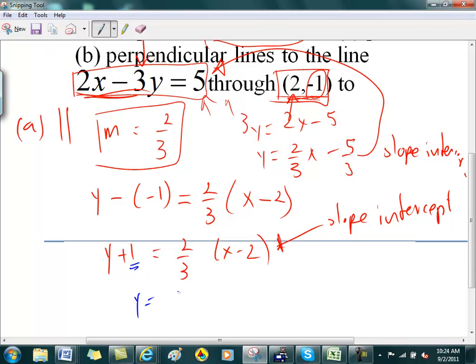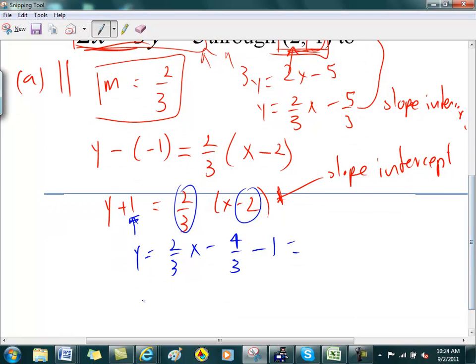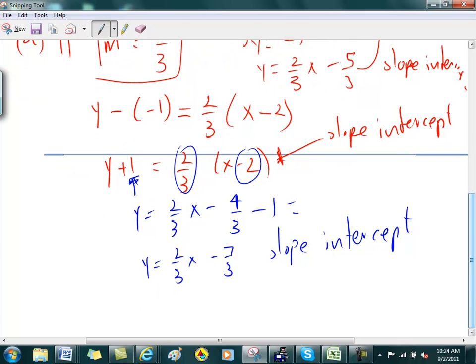So it becomes y is equal to 2/3 x minus 4 over 3, by taking this and multiplying it with that, minus 1, which comes from here. And this is still not in slope-intercept form, so I get y is equal to 2/3 x, and I need to do a little bit of my fractions there, and I get minus 7 over 3. So this is slope-intercept. All right? And now to put it, let's say if I want to put